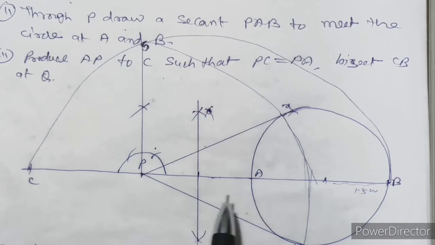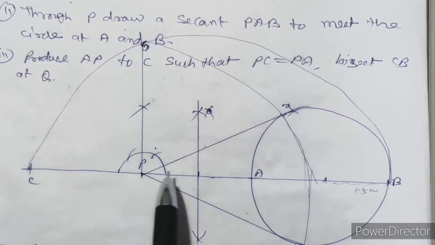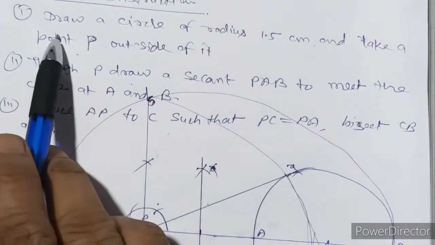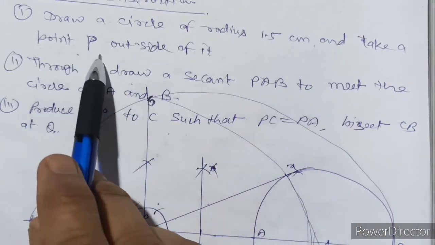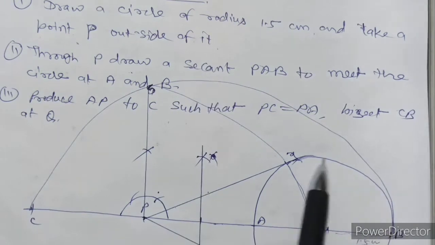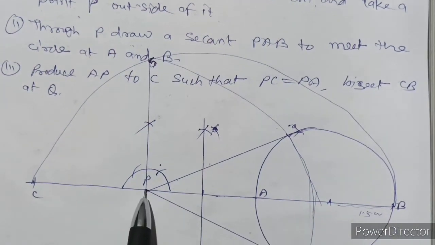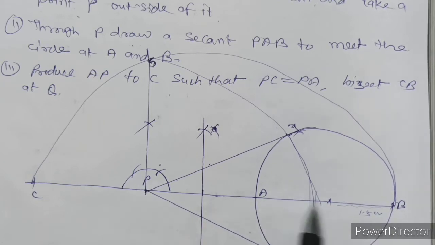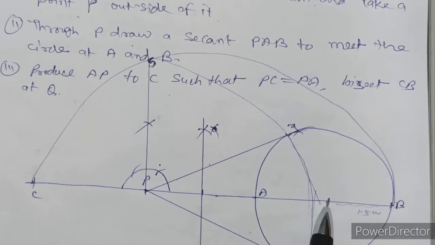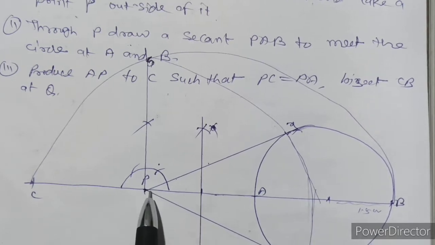So first we take a point P outside of a circle. So draw a circle radius as the 1.5 centimeter. Take a point P outside on it. हम एक सर्कल बना करके एक पॉइंट P को आउटसाइड ले लेंगे। जैसे हम इसको लेंगे, अब क्या करेंगे, B इज अ सीकेंट। जरूरी नहीं कि सेंटर से होकर जा रही हो, आप एक सीकेंट लेना जो उसके यहाँ से होकर जाएगा। देन आफ्टर देन